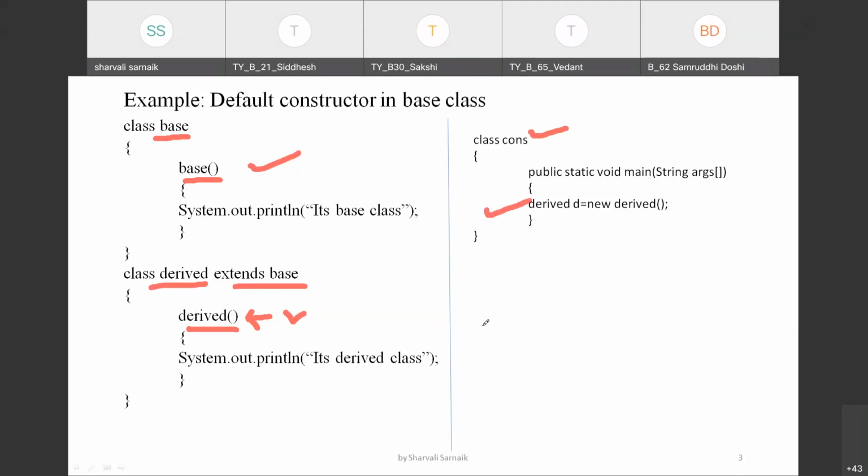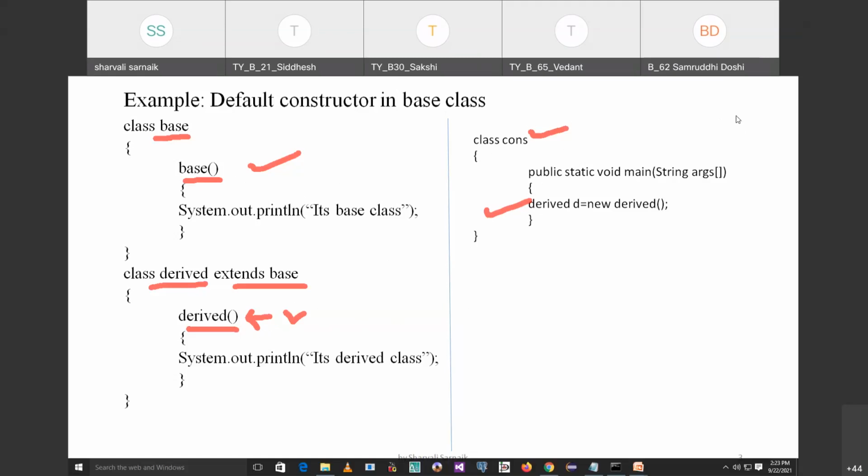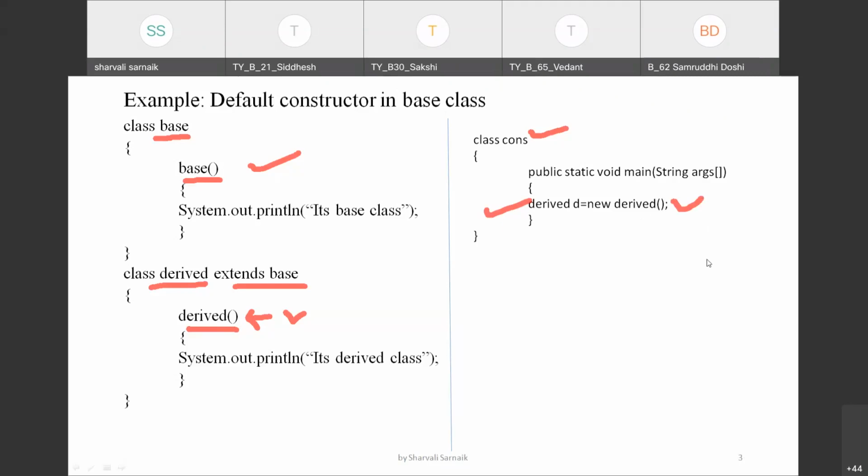So if you are using a constructor in the base class as well as in the derived class, then when you create an object of the derived class, you need not give a call to the constructor of the base class. It will automatically call the base class constructor as well as the derived class constructor. So this is the concept of constructor overriding.